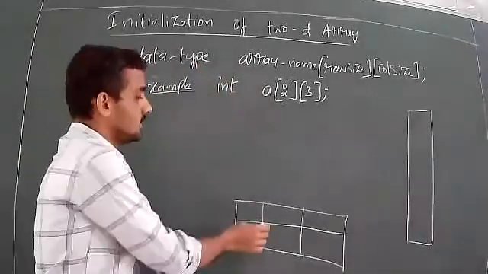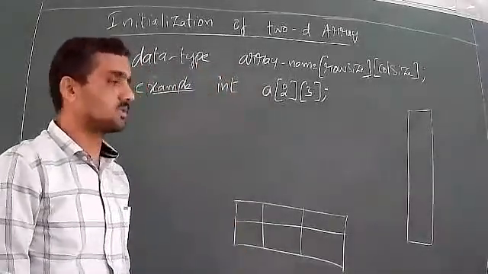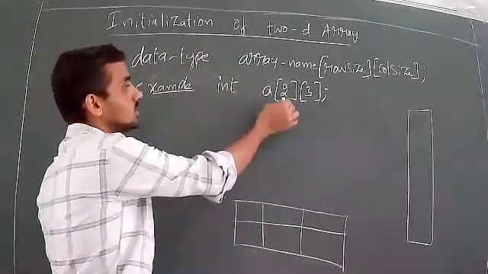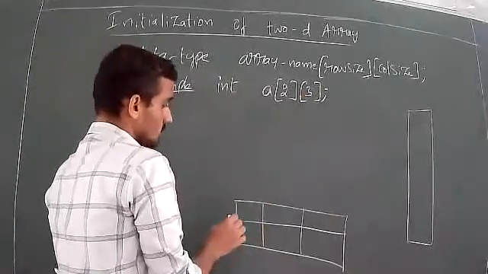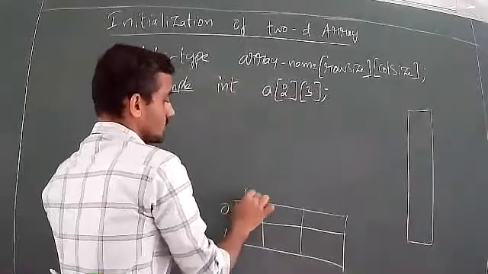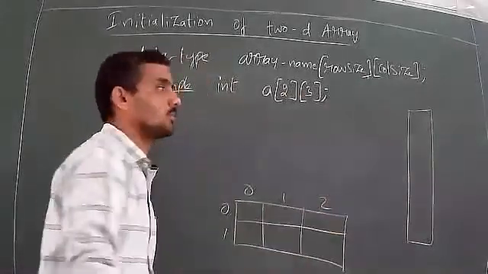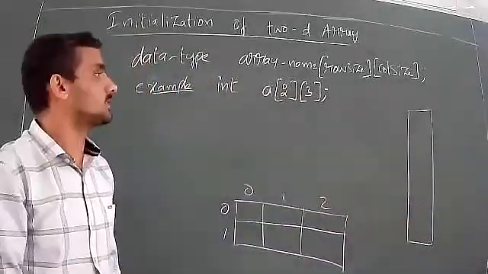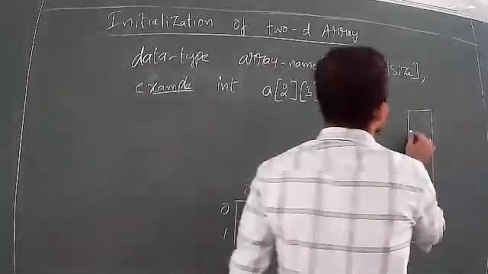So this is the table format, rows and columns format. You see the number of rows is 2 and the number of columns is 3. So I can say 0, 1 and 0, 1, 2. That is the row number and column number, row index and column index. Okay. And in memory representation also like